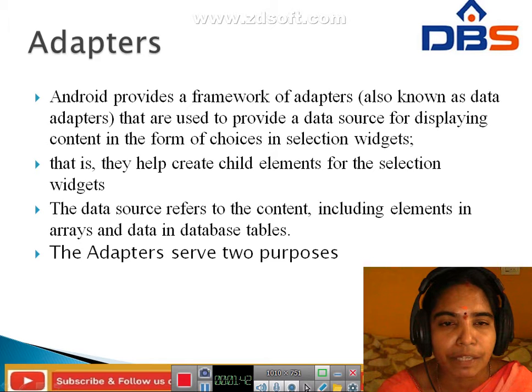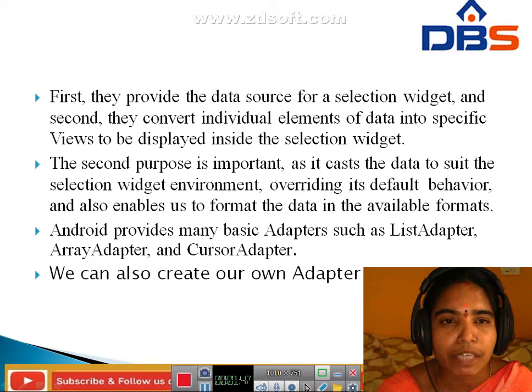In these adapters, we have two purposes. What are the two purposes?